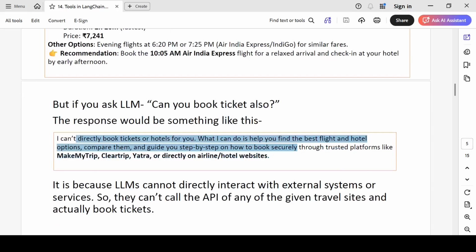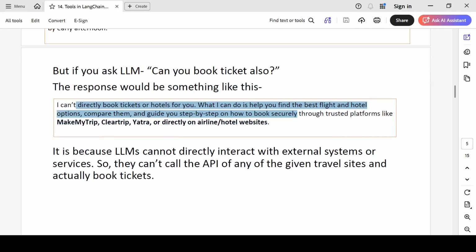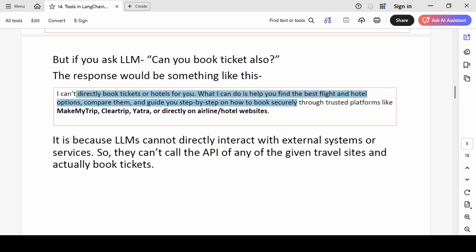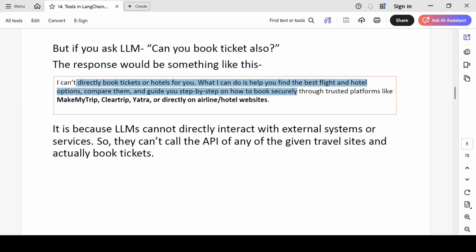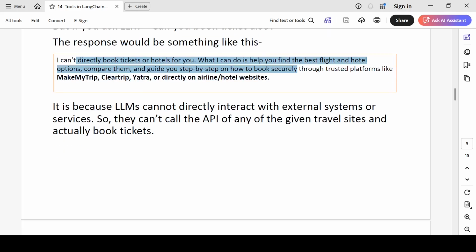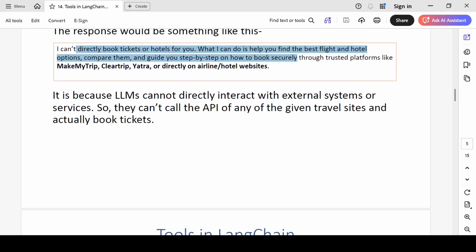But then if you ask it to book tickets also, that it can't do. It will say, I can't directly book tickets or hotels for you. It can give you recommendations and information about websites, that's all. That is the limitation I'm talking about, and it is because they cannot directly interact with external systems or services.